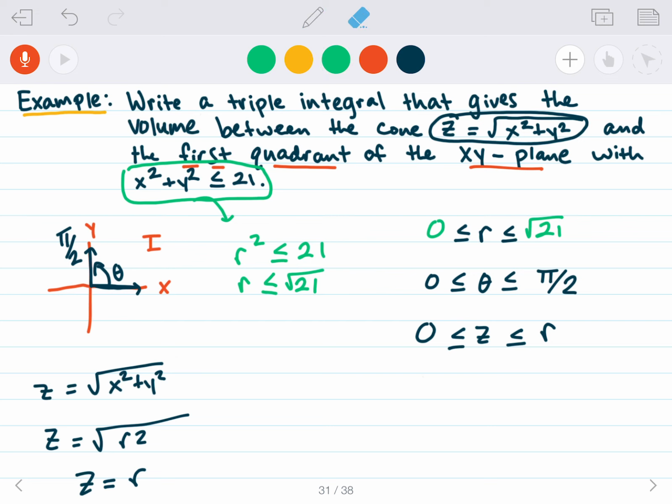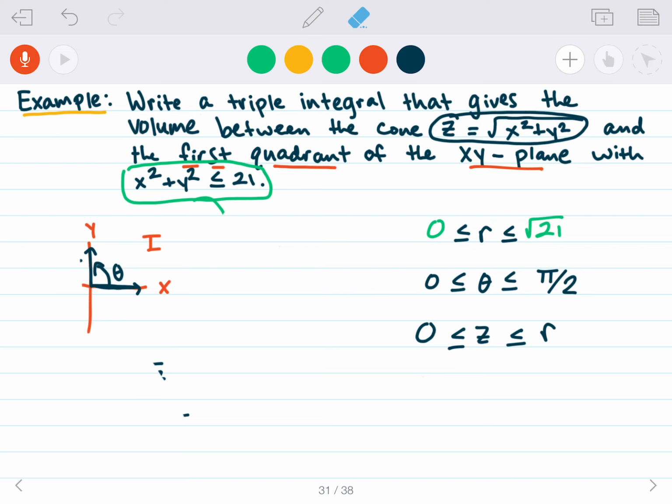Alright, so now that was it. That's the hard part. Now we just need to set up the integral. And for this one, I'm not going to evaluate it just because, you know, we've done a lot of these already. But the hardest part is to just set them up. So let's go ahead and set these things up, and I can choose the order of integration. Typically with these cylindrical problems, I'm going to choose dz first.